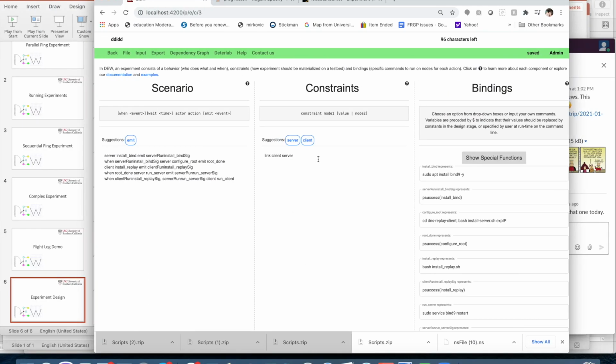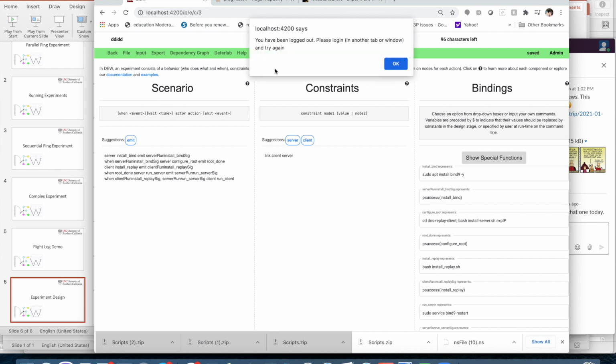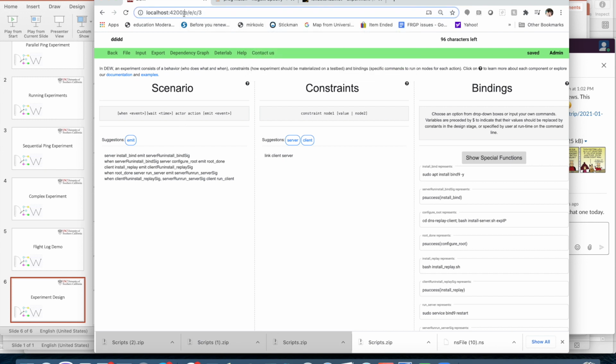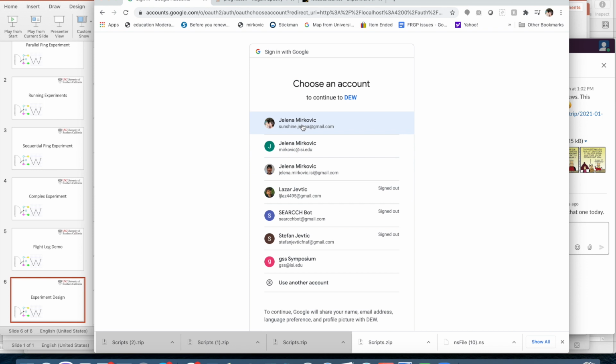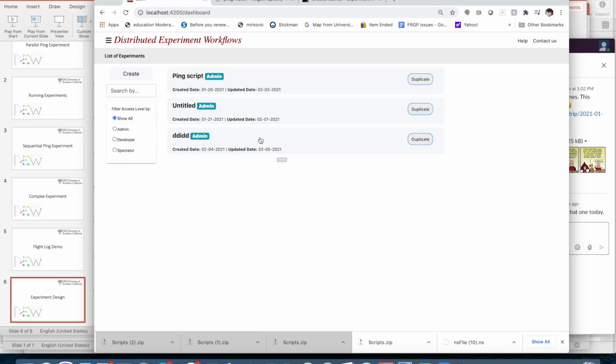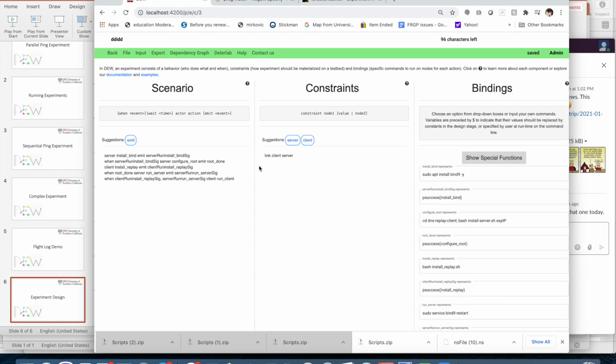So if I try to do anything here, eventually I will get an alert that I've been logged out. So I'm going to go ahead and log in again. I'll go back here into the file. And so install replay. I planned to call some script install replay sh to install the replay tool, but what I'm actually going to do is to go to DNS replay